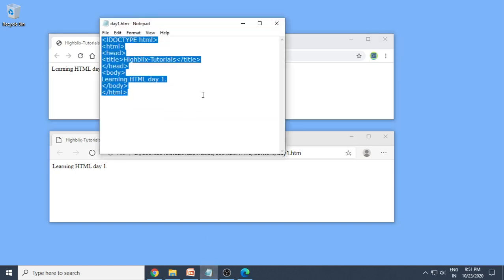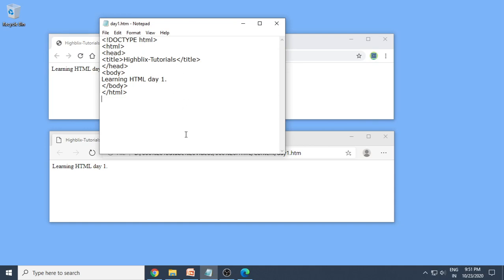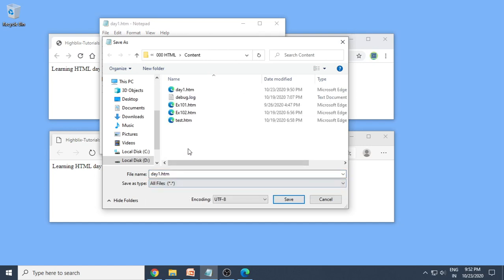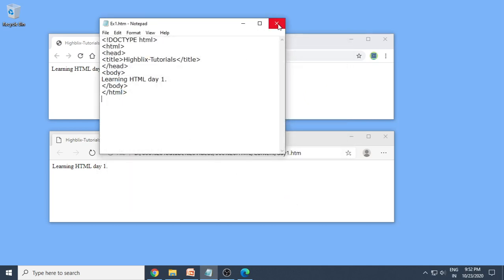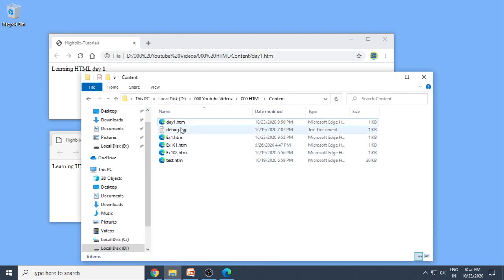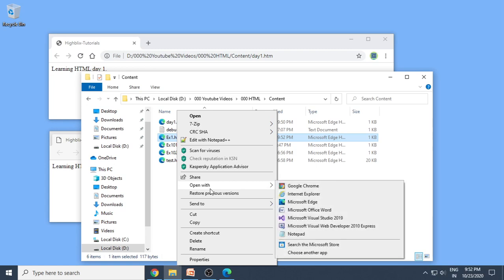Fine. So today try all these things and then try the two examples. Same, you can type it over here. Go to the file menu, save as. Then give a different name. So probably example 1, therefore you can give example1.html. After typing the example, you need to give it as ex1.html, then save. The file will be saved. Then you have to go there and right click on that. Right click and then open, or go to open with, then select Google Chrome.